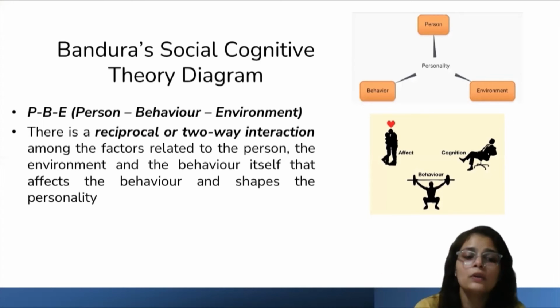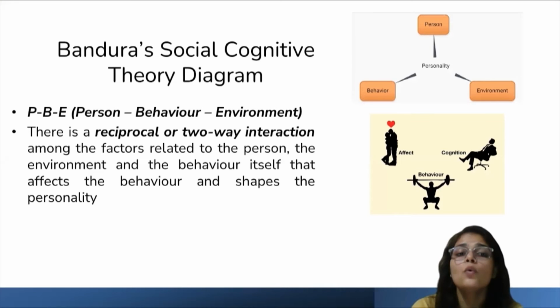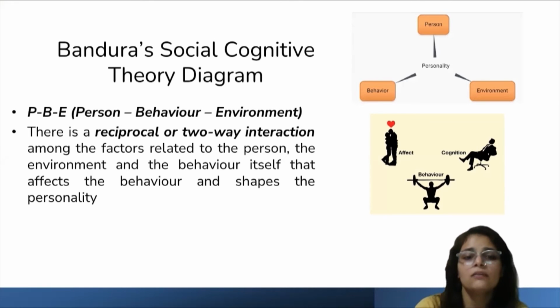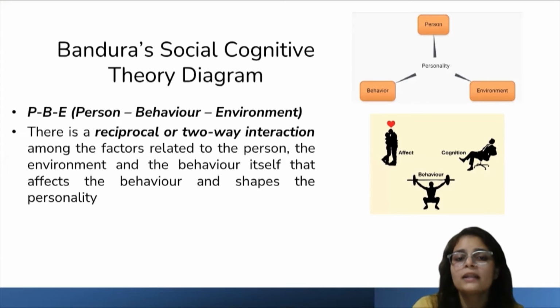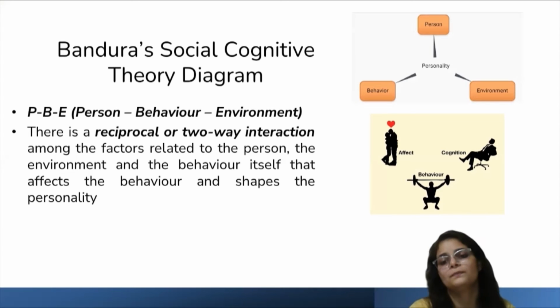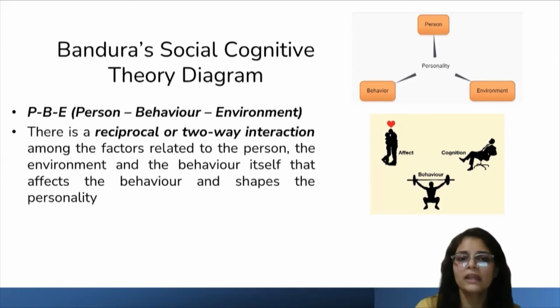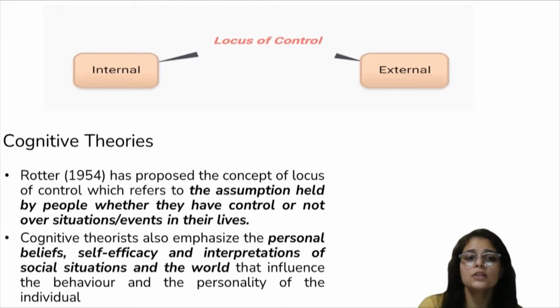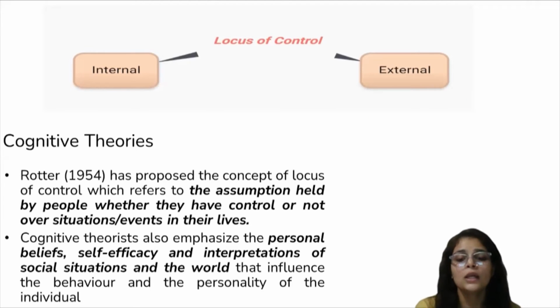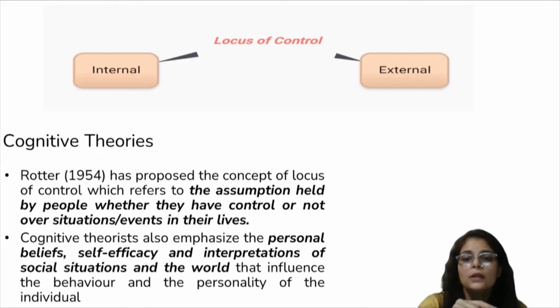According to social cognitive theory, personality is shaped by two-way interaction or reciprocalism among the factors related to the person, the environment, and the behavior itself, which tend to affect and shape the behavior and the personality. Moving ahead, there was another psychologist, Rotter, who in 1954 introduced the concept of locus of control. Okay, what is locus of control? Locus of control is the assumption made by the person